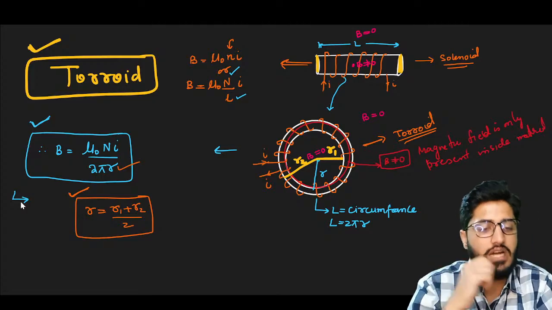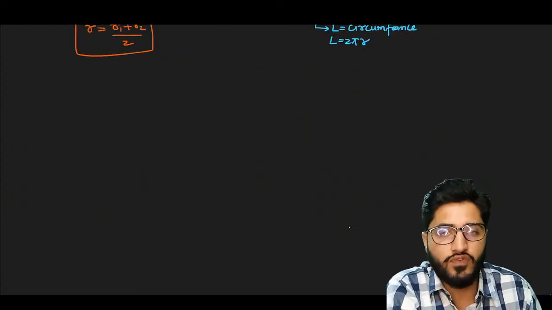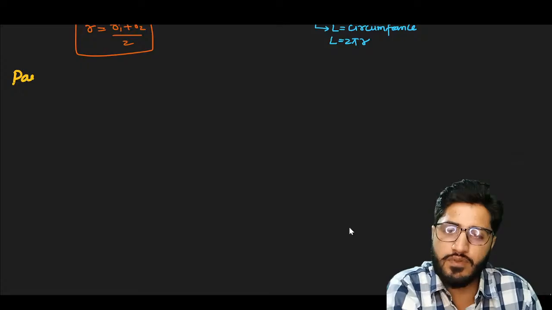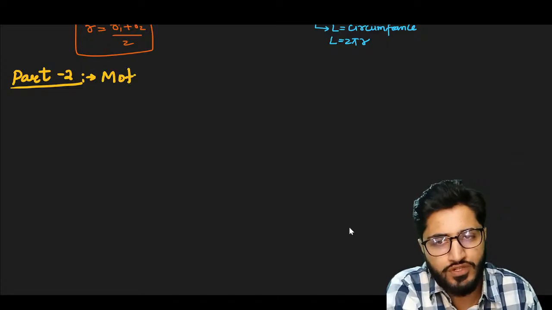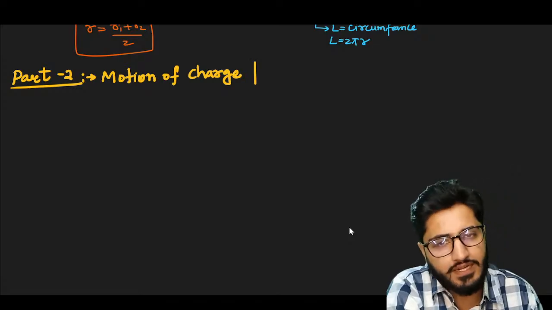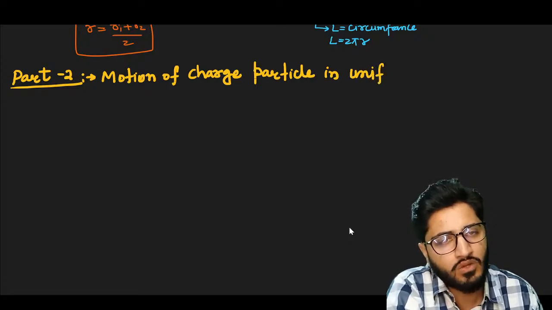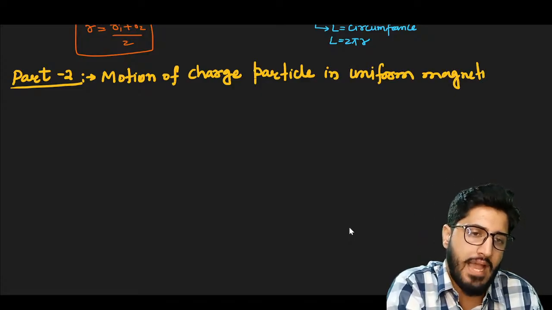Now we will start the second part of magnetic effect of current. From today we will start the second part of my chapter, that is motion of charged particle in uniform magnetic field,